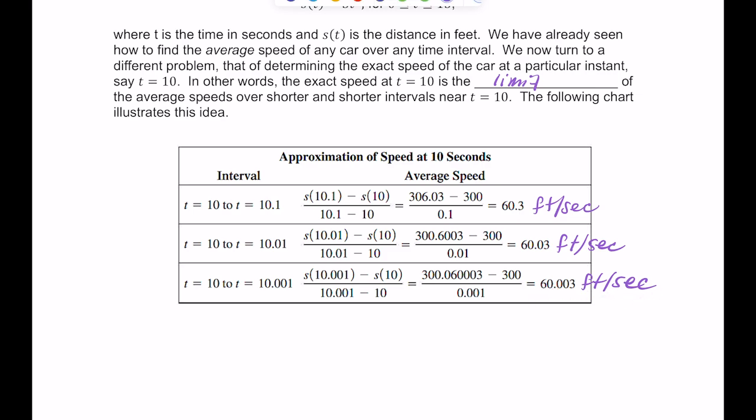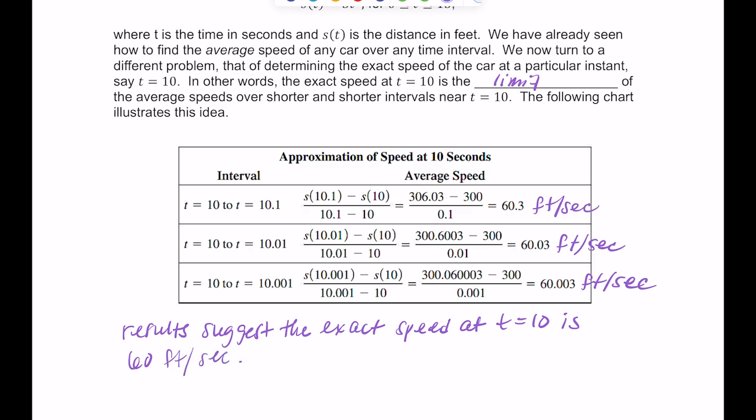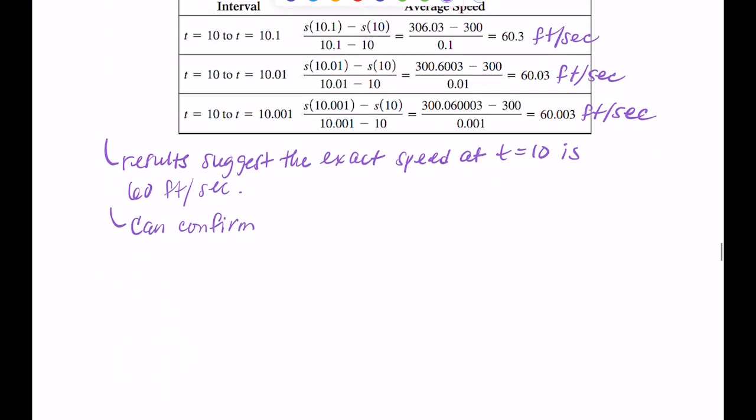Okay, so we can confirm this algebraically, which I'll show you here in a second. So the results suggest that the exact speed at t equals 10 seconds is 60 feet per second. Okay, and we can confirm this by computing the average speed